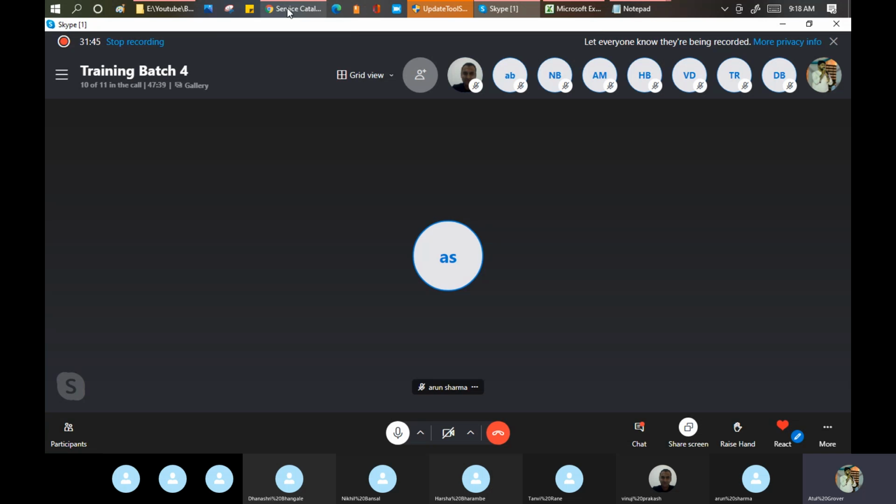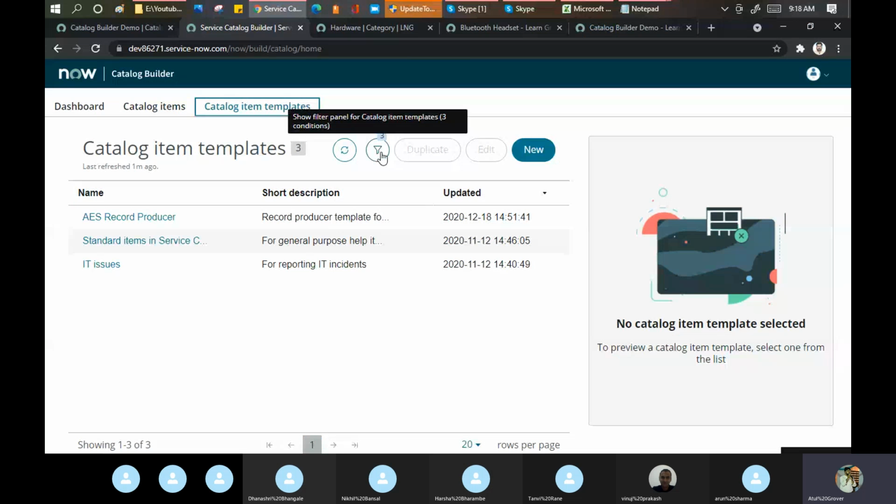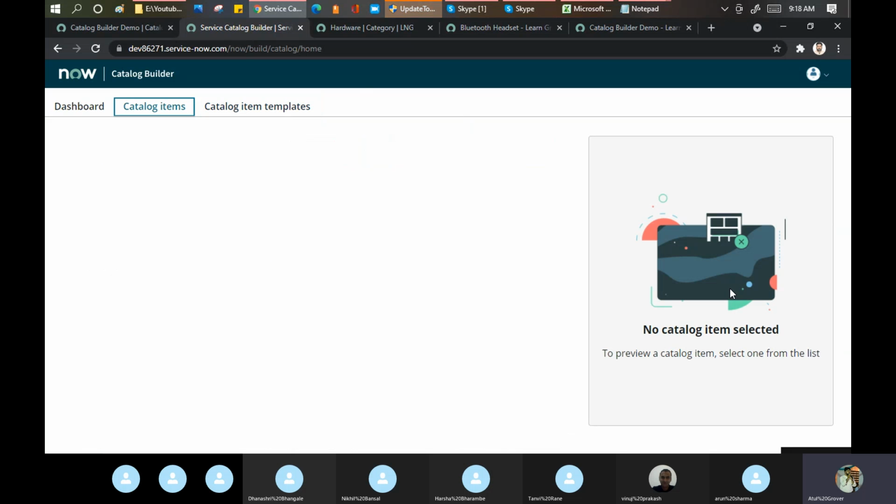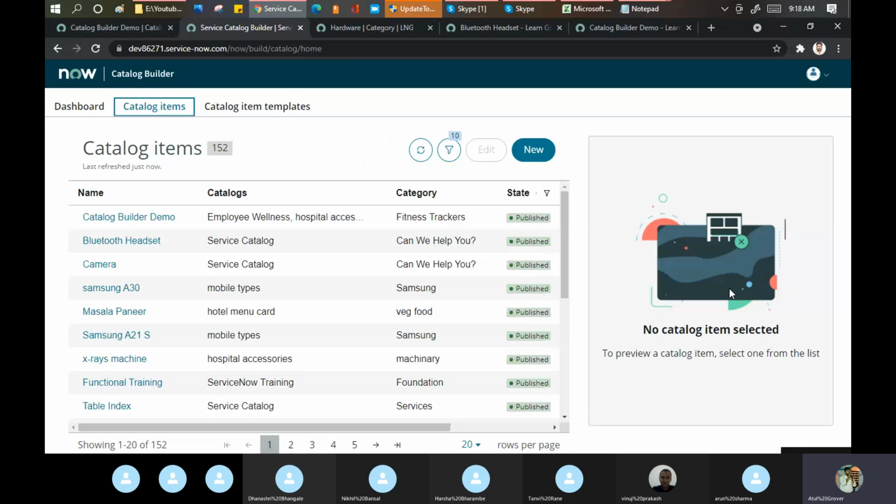Okay. Now this is one of the things which I want to tell you as a part of the training, and it is new in the market. During the interview, you can tell that you know how to use the catalog builder. You have an understanding of the catalog builder as well. Now, if you notice, when we are creating a catalog item, it is asking for the flow designer. Yesterday we created a workflow. Yes or no? Yes. Today we will create a workflow again, but not via workflow. We will use the flow designer now. Okay.